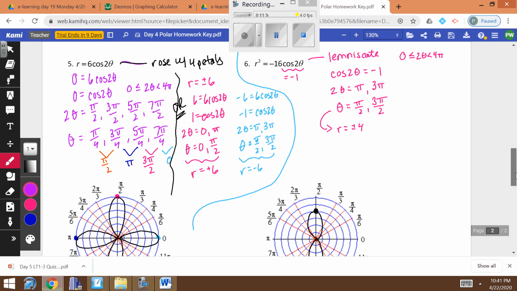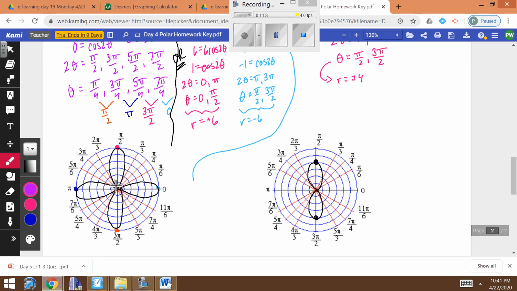And again, notice you do have to do both of them on this one, because here at 0 and at pi over 2, we know it is the positive, and then at pi over 2 and 3 pi over 2,